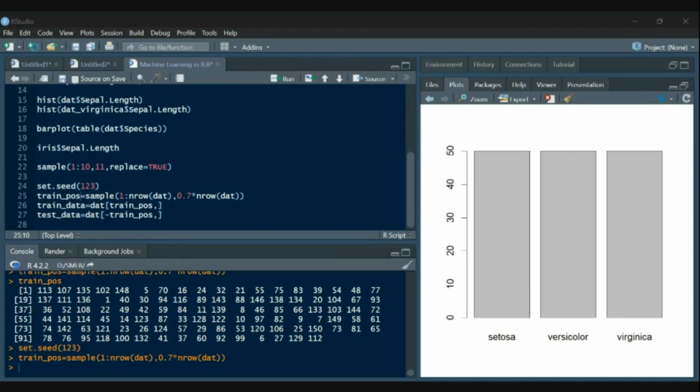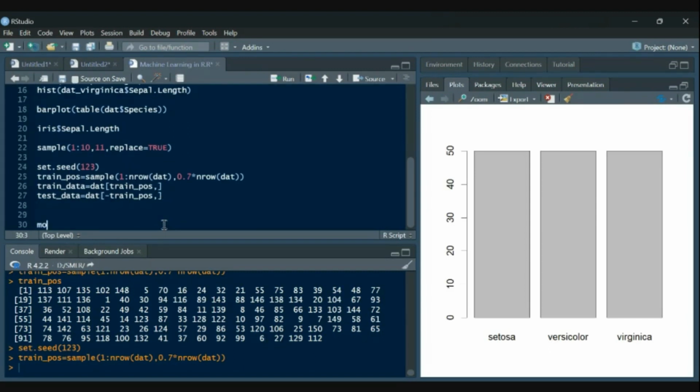So how to do this? We'll just create a model and assign it to LM. LM is for linear models.